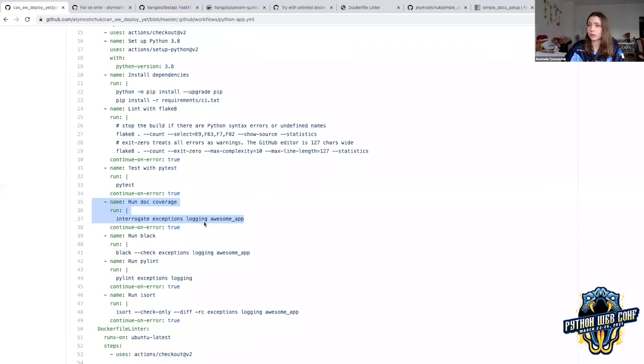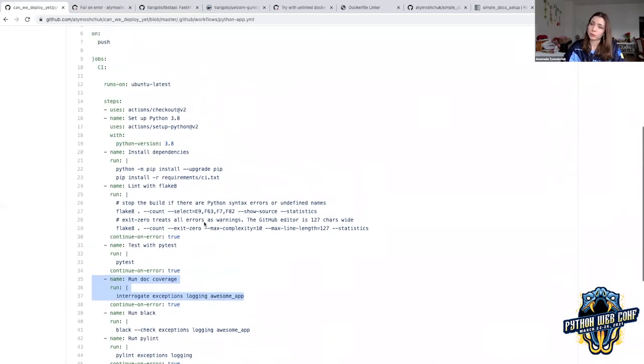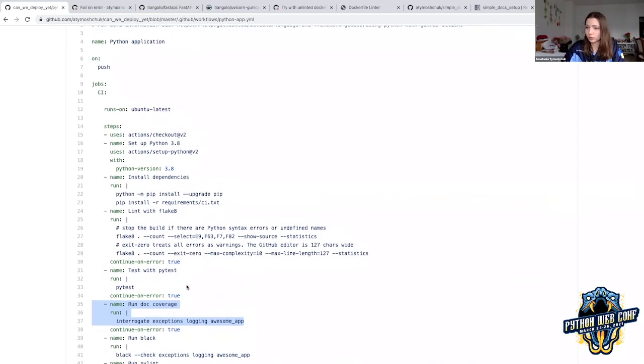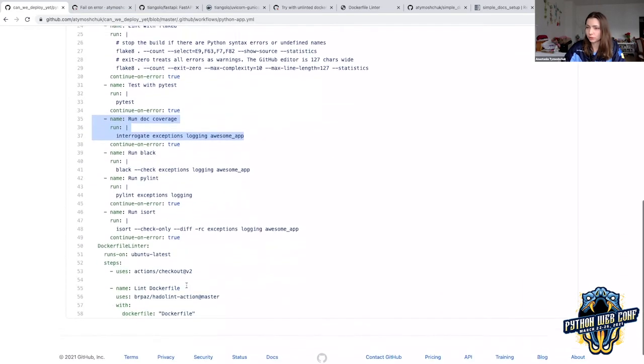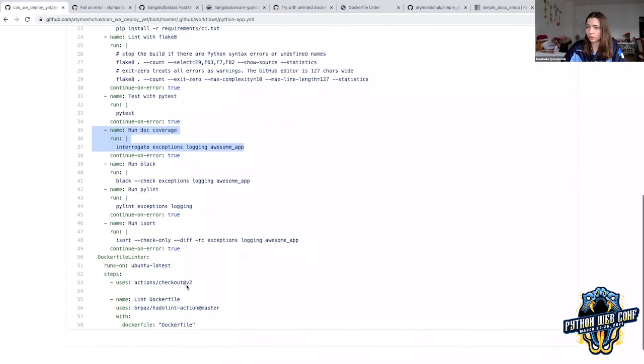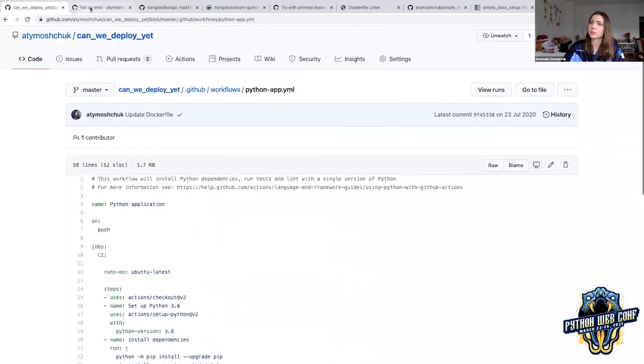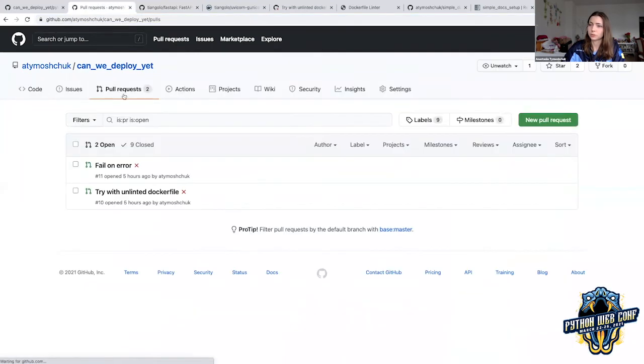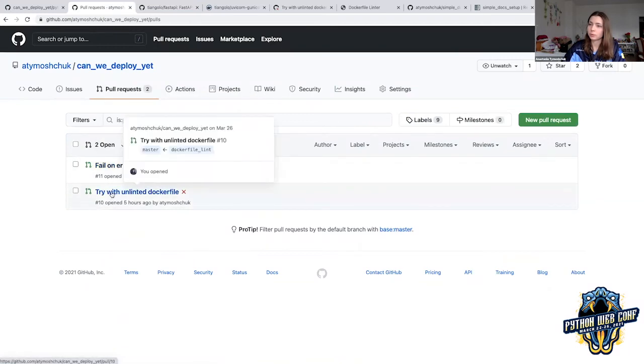And you can also have 80% coverage, for example, for all new files or for the entire code. You can set it up, and you can have also a file for all the setups of this. And one more thing I wanted to show you is, I don't see it here because it's not merged. I think it's this one. So there is a PR which I created today for the talk, which is called fail on error. For example, this was failed.